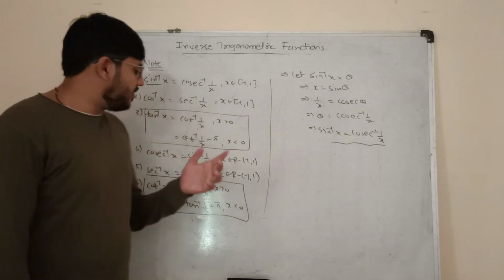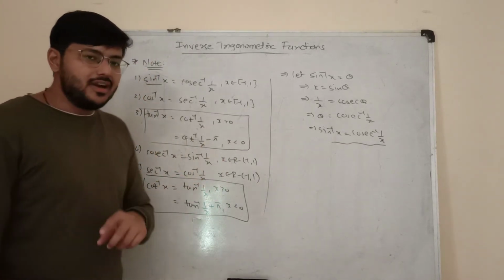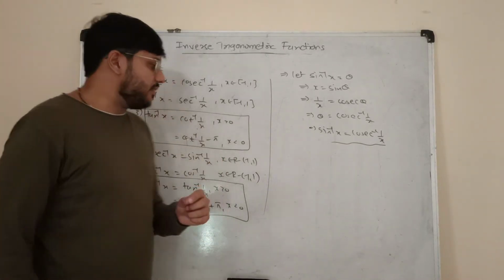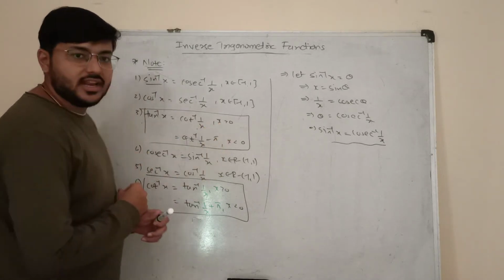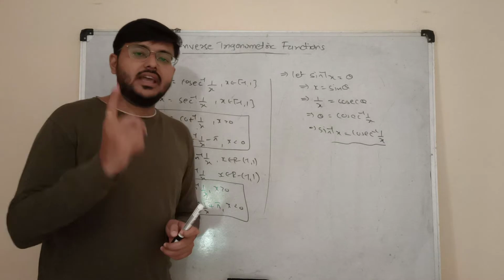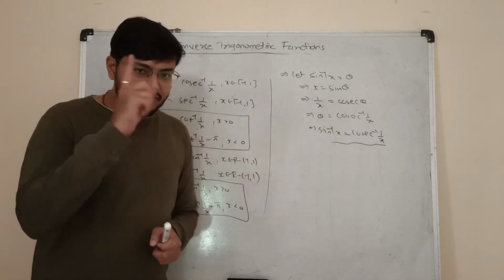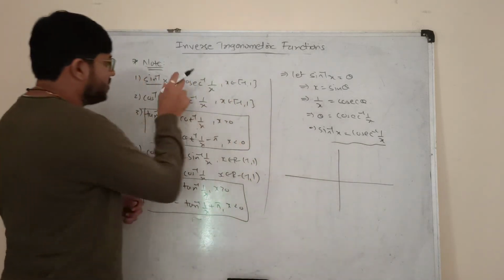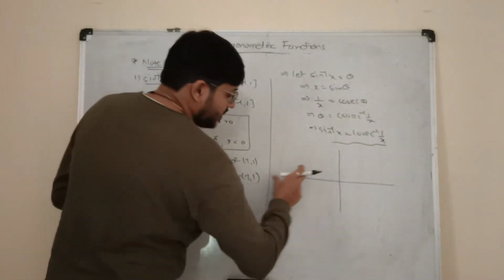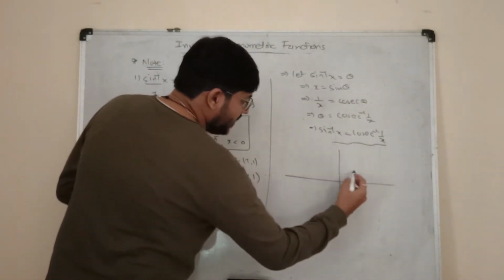A similar proof you can also get for tan inverse. But the point which we need to discuss right now is why there is a difference for the positive value and for the negative value. So let me tell you again, just check the graphs. If I plot the graph of sec and cosec on the same coordinate geometry.